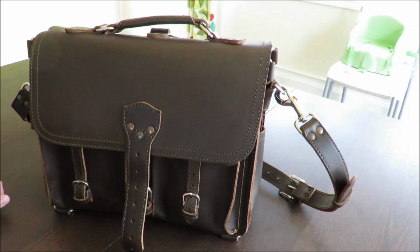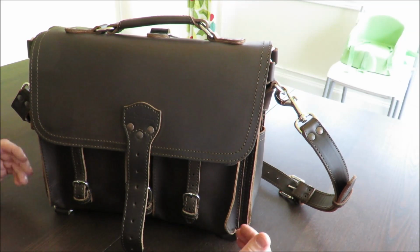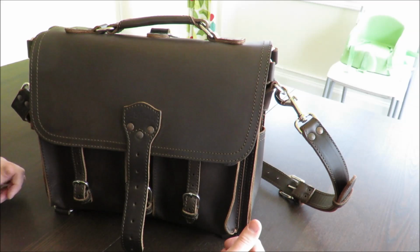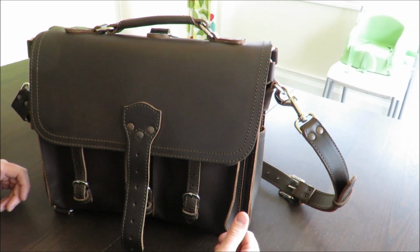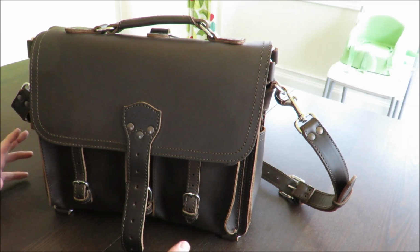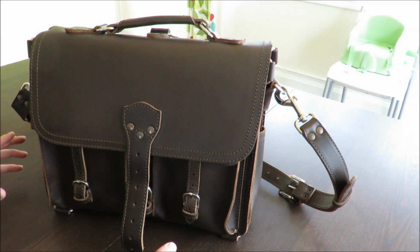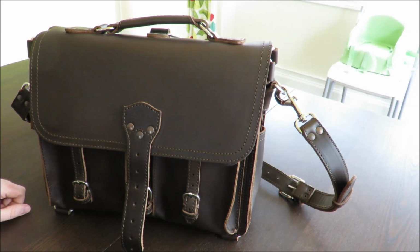So, when you're getting a briefcase like this, it's a big investment. It'll potentially last you quite a long time. You really want to think about what your needs are for that briefcase. In my industry, I'm an educator. So I have to think about what I need to carry in my briefcase, and it can get quite heavy. On your average day, I'd probably have a laptop, some textbooks, depending on what I'm teaching,